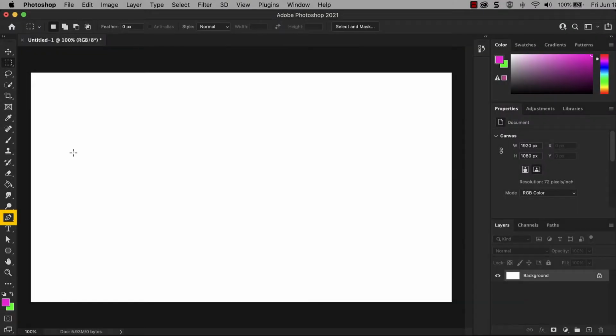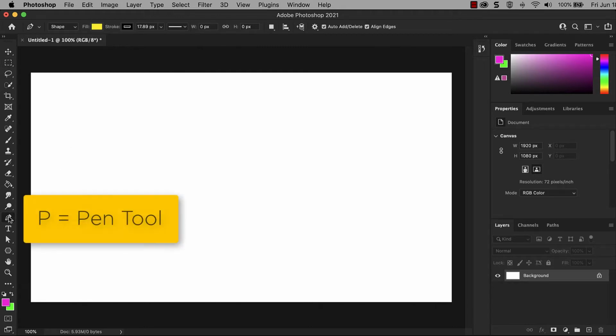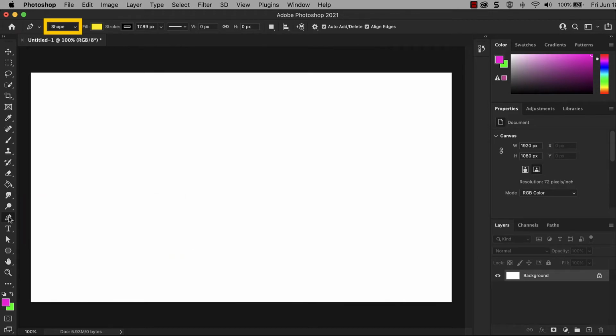The pen tool in Photoshop is an advanced drawing tool for creating custom paths and shapes. The pen tool works by creating anchor points and connecting paths between them. To draw a shape with the pen tool, ensure Shape is selected in the Tool Mode drop-down in the Options